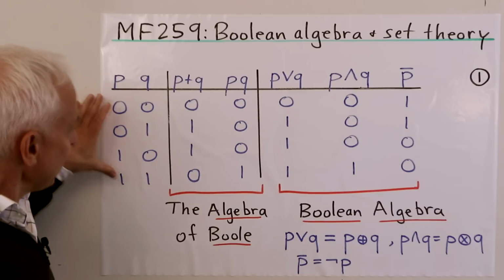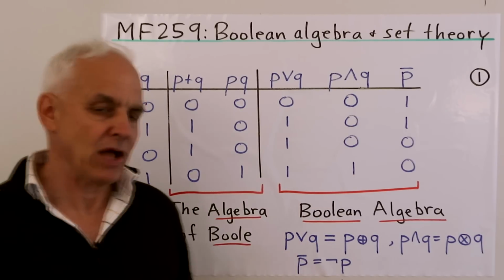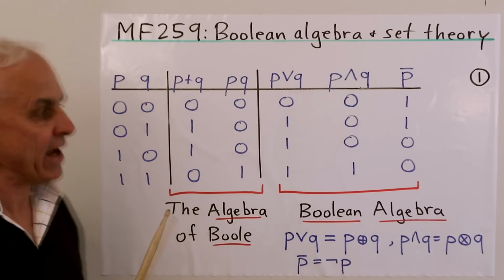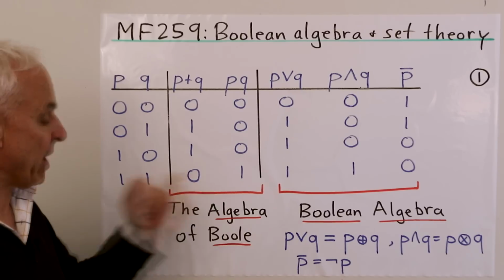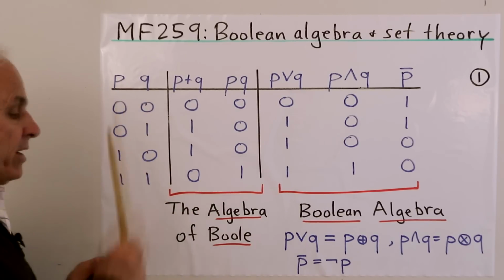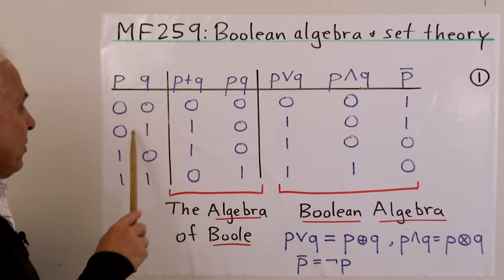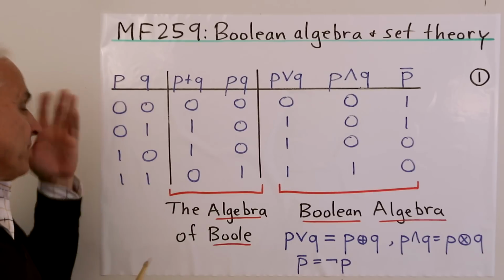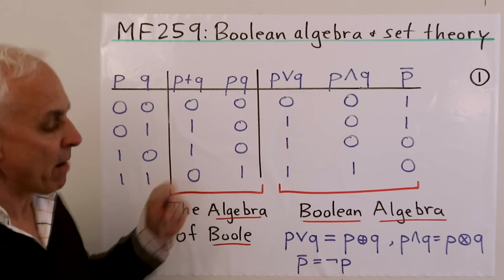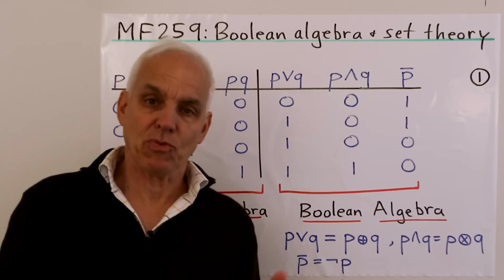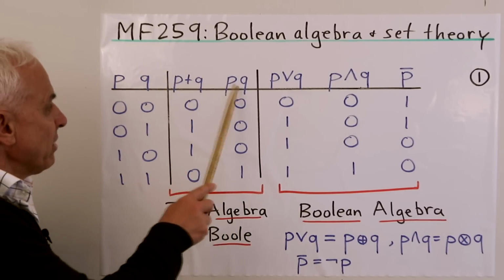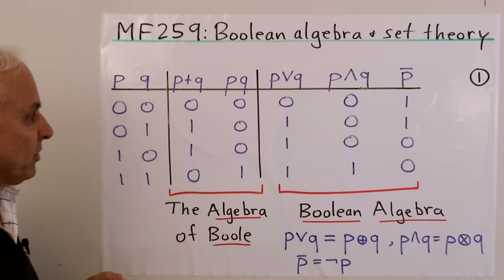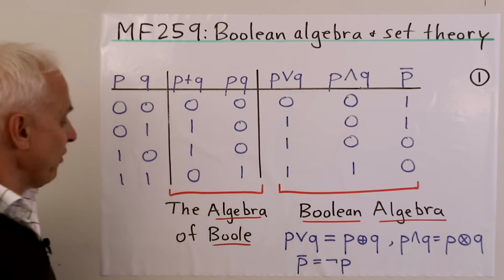And I want to do it in the spirit of the algebraic approach that we've been looking at, where we start with just zeros and ones, and we have an arithmetic with zeros and ones built up by Boole. So we have two quantities, P and Q, and here are the possible values, 0 and 1. There's four possible values for these quantities, P and Q. And then here are the various operations that Boole's algebra originally is built on, the addition and the multiplication. And these are just addition and multiplication mod 2, where we're working in the field with two elements. So this is the original algebra of Boole that we've been talking about.